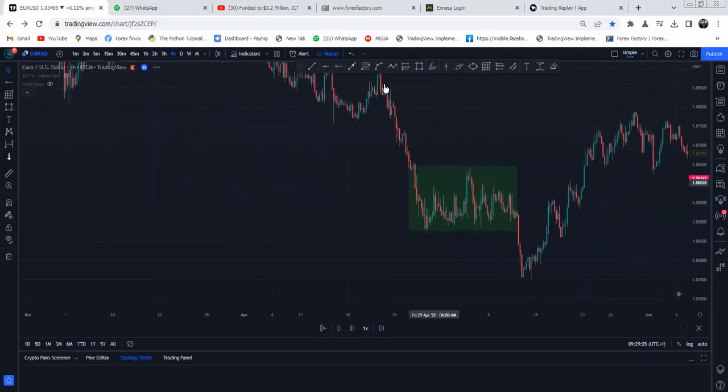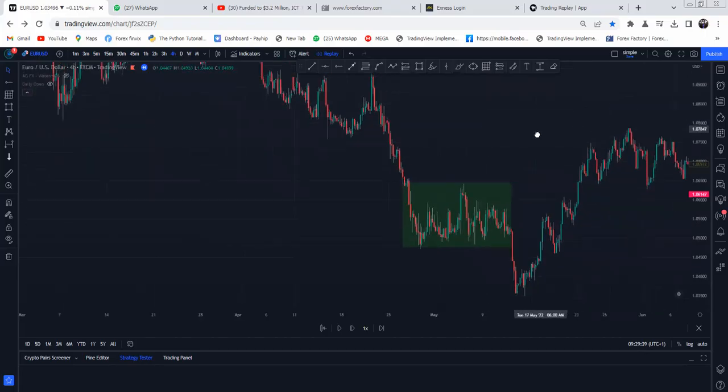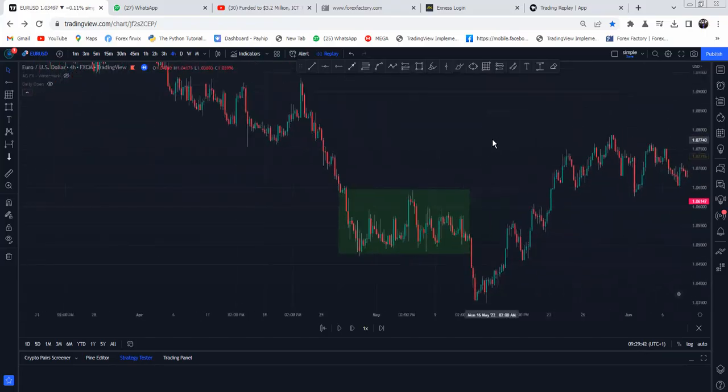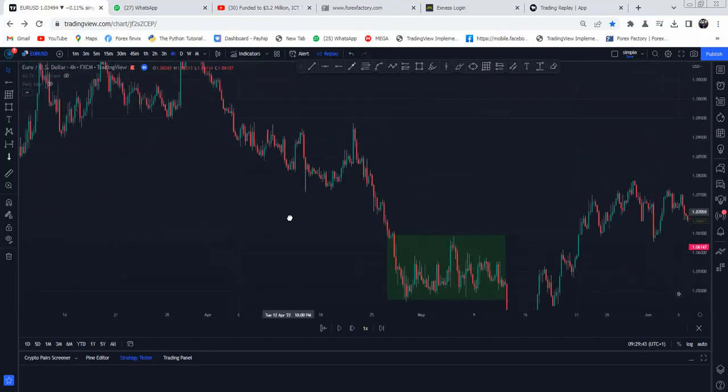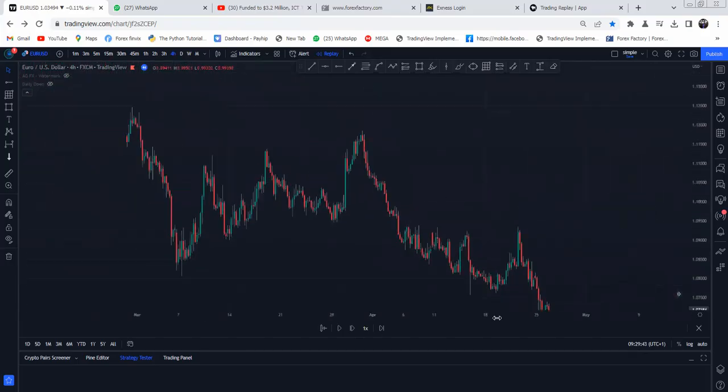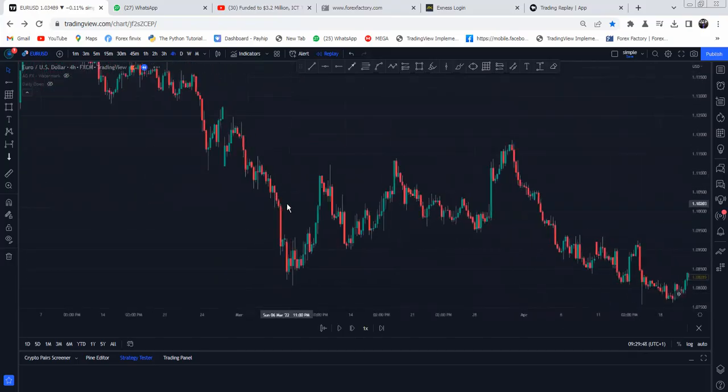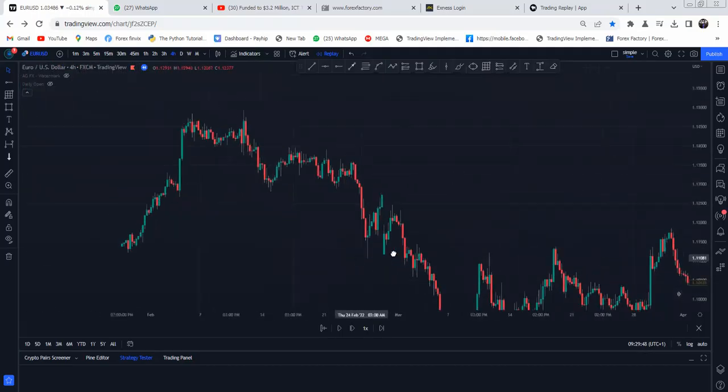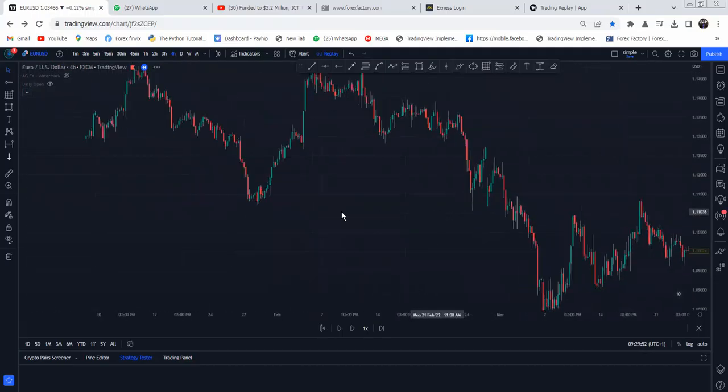It's always in line with your institutional order flow: accumulation, manipulation, and then distribution. Distribution to where? To a PD array. Manipulation to where? To a PD array. Okay, everything is in context. This is just to make you understand that when you are looking at your charts and